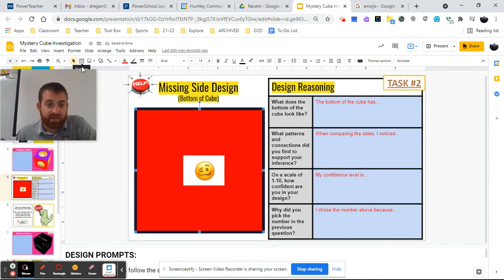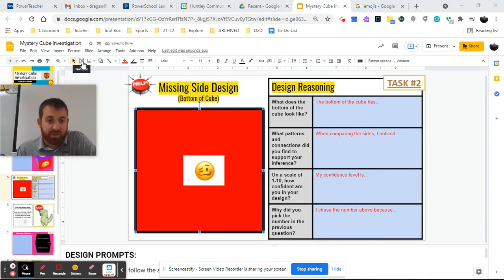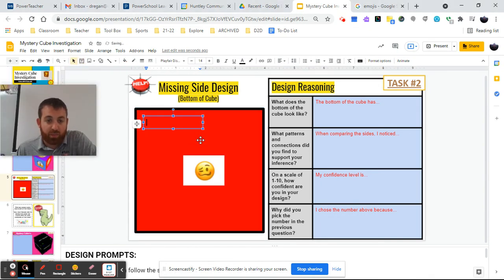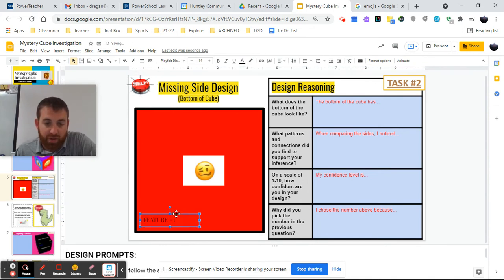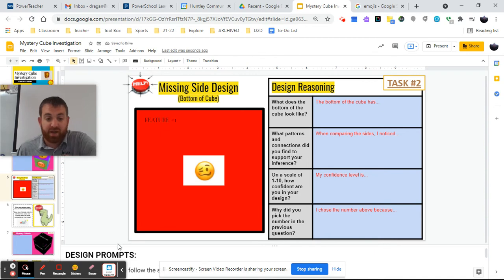And you can add text. So over here, there's a text box that you can drag and put in there. So if there are words or symbols or things that you think you need in here, you can put that as well. Feature number 1. And you can move that around wherever you feel you need it in the box and so on. And notice you're recreating what you think the bottom of the box looks like,